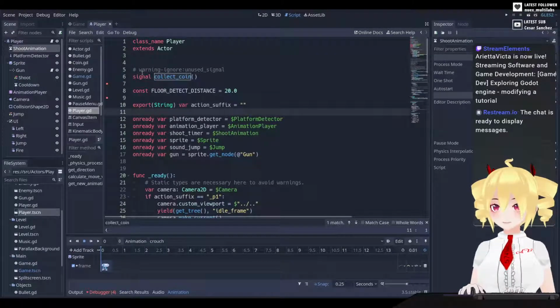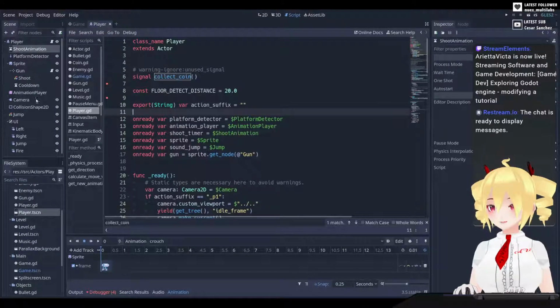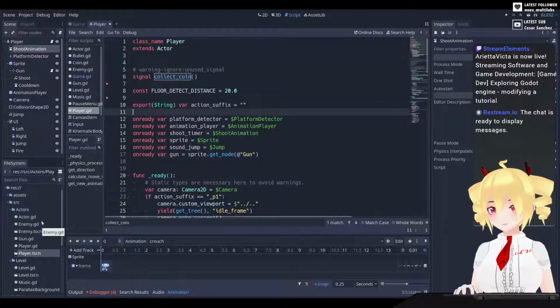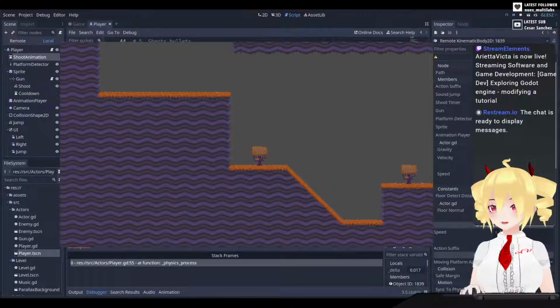So I was thinking, what should I actually do here? What should I do today? One thing I may want to do is maybe add double jump. That would be kind of cool, right? Because currently you can only